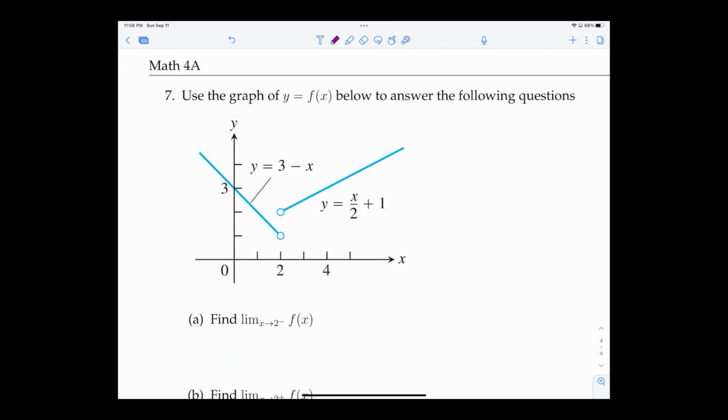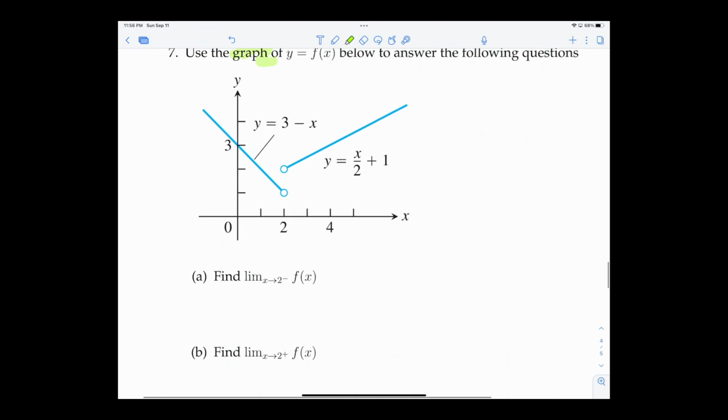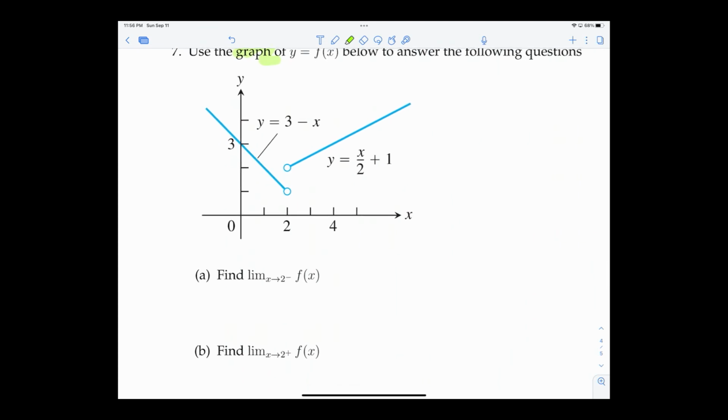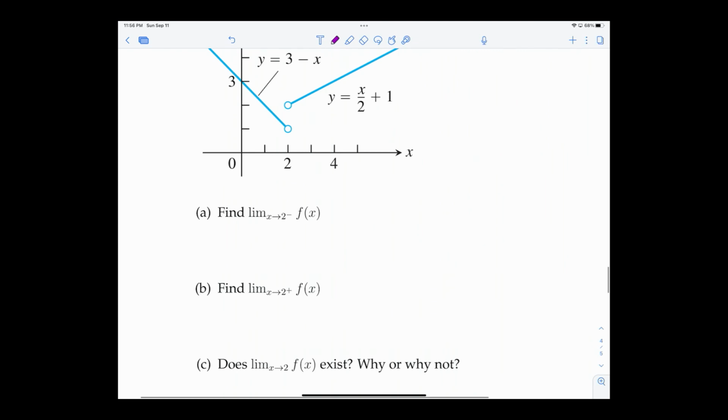And now we just have a bunch of hopefully easy questions on a graph. Really make sure you know how to do this, right? Like these should be free points on an exam for you. So make sure you know left from right and that kind of thing. All right, so let's